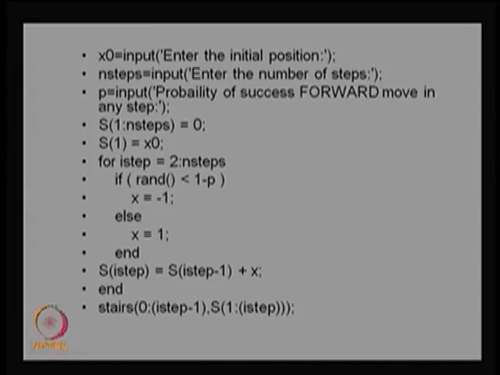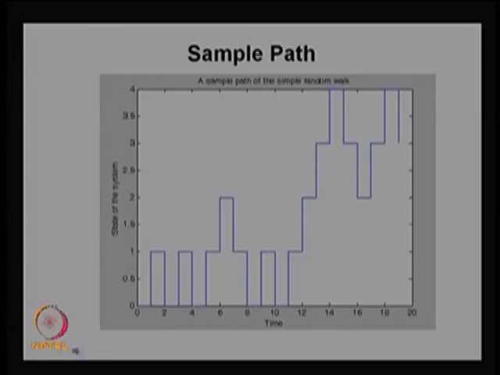So I am giving the value of p only, and then I am going for the possible values of Sn by adding 1 or minus 1. Accordingly, I am writing the sample path of Sn. If you see the sample path over the time 0 to 20, each X takes the value 1 or minus 1. Accordingly, Sn takes the same value, or is incremented by 1 or decremented by 1 according to the values of X. Therefore, this is one sample path which is depicted using the MATLAB code.